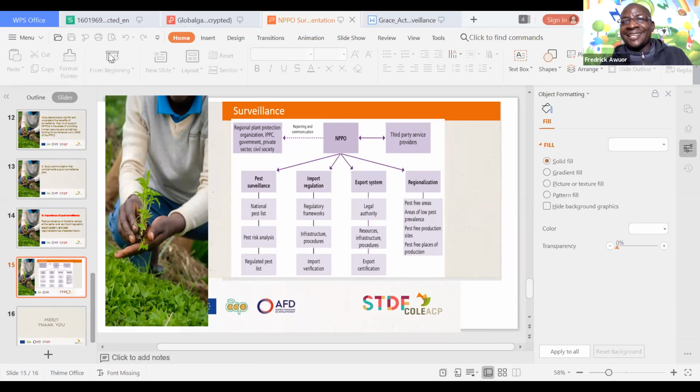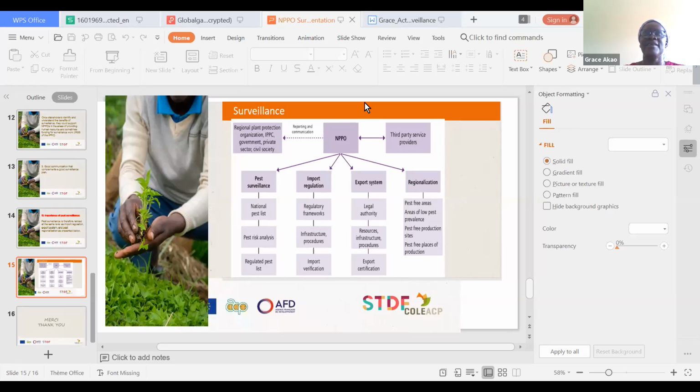Then close, and open again. It's a bit inactive. Let me share again and see. You see, it's still inactive. We can see where it's supposed to mark, but okay, they can just explain. It's okay.